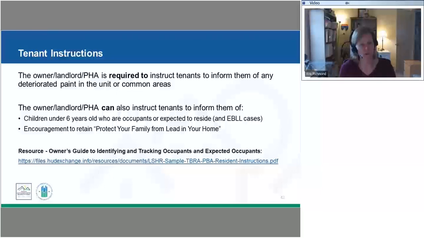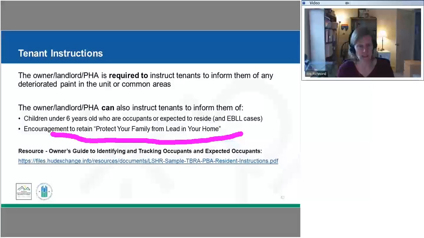It's really important for our tenants to notify the owner as soon as they see any deteriorated paint in their units or the common areas. Remember those common areas? Those are our hallways, our laundry rooms, our garages, exterior, and our play areas. So the owner is going to instruct our tenants to let them know if they see deteriorated paint. They're also going to inform the landlord about the number of children under the age of 6 that are residing in that unit. And we're also going to encourage the tenants to keep that Protect Your Family from Lead in Your Home pamphlet. That's that blue